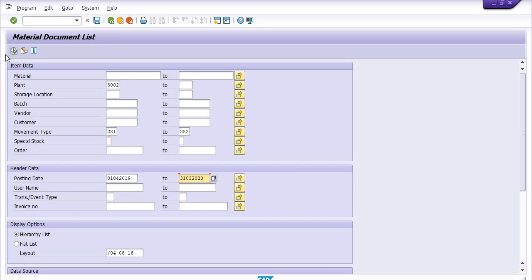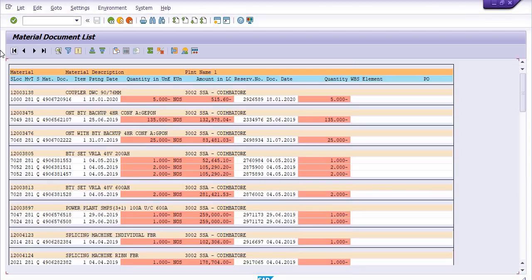Just execute the transaction code. The system will generate the list of all the inventories which are issued in projects. These are the data material wise, movement type wise, SLOC wise. You need to click on the detail list.